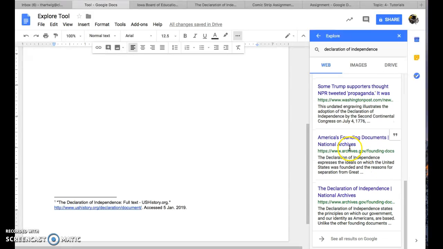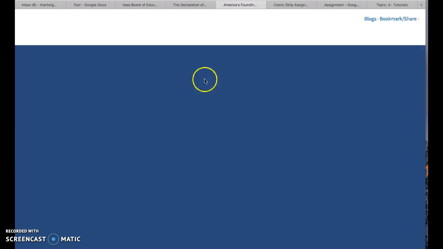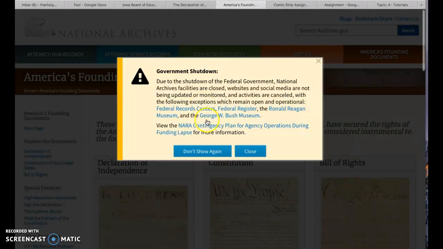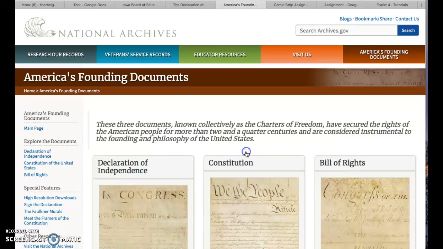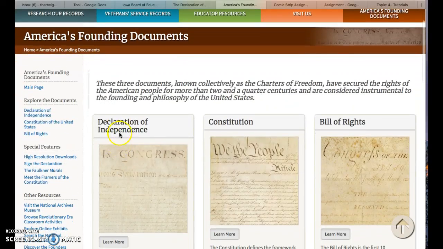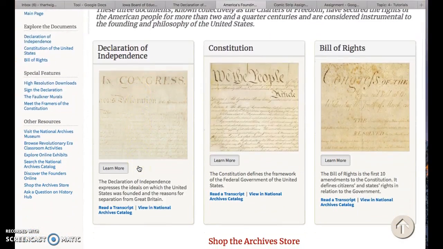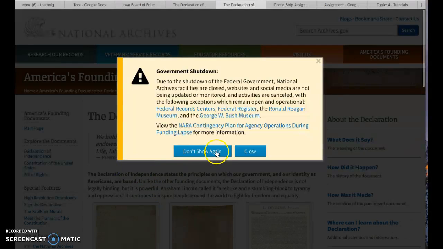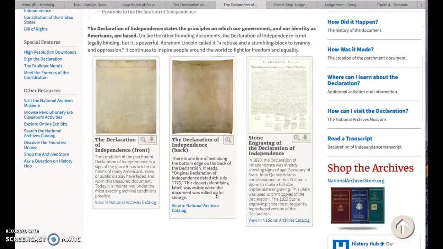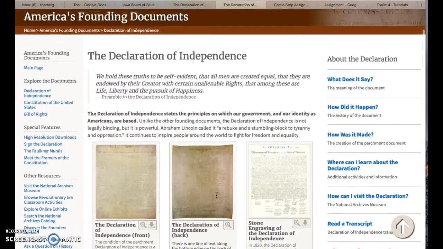Let's grab one, let's say from the National Archives here. Let's check this one out. Oh, the government shutdown. How handy. Okay, so if we want to learn more about our declaration, let's go ahead and click that. Oh, maybe it's not going to let us because of the shutdown. But anyway, again, if we wanted to